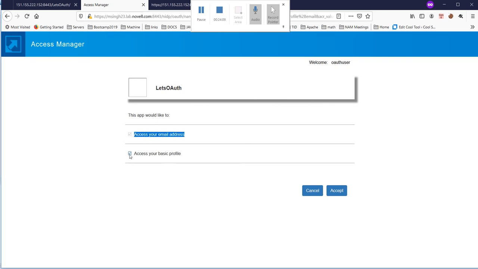Basic profile, you can check or uncheck it. So when you access your email address, the minimum that needs to be accessible is the email address, and the rest is optional whether you want to select it or not. Okay, so I will keep it as it is, and I will click on accept. When I click on accept,